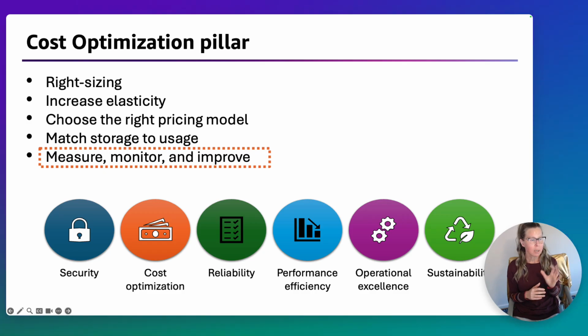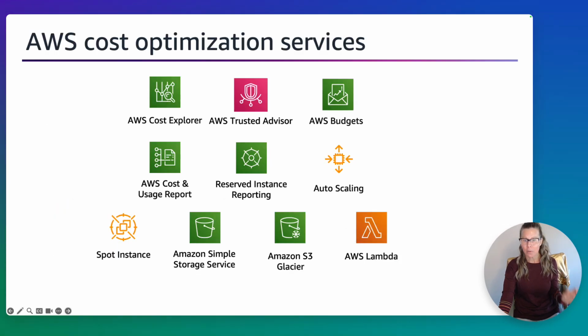And remember, you can use CloudWatch to track your metrics and set alarms to immediately take actions. You can also use other services such as AWS Cost Explorer, AWS Trusted Advisor, AWS Budgets, and more to define your metrics, set target goals, define and enforce your tagging strategy, use cost allocation tags, and make sure you regularly review for any infrastructure